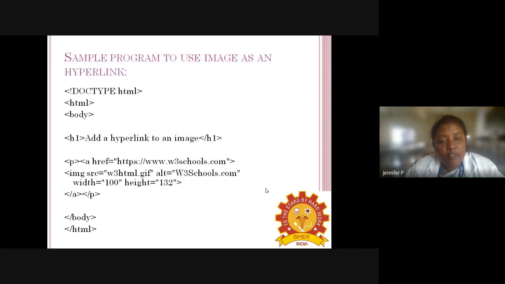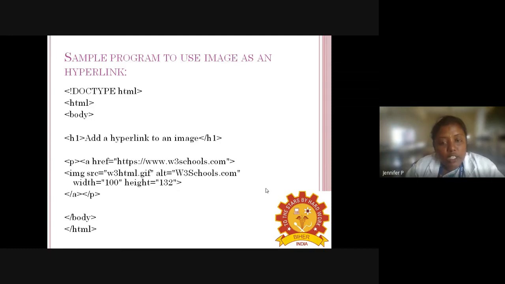And we have a sample program to use an image as a hyperlink. The doctype HTML specifies the document type, and again we open the HTML tag, and inside the body tag we specify some content that will be visible in the page. And h1 is the heading tag we are using here. So add a hyperlink to an image. In the paragraph tag, a href equal to, within double quotes, you specify the URL of a particular website.